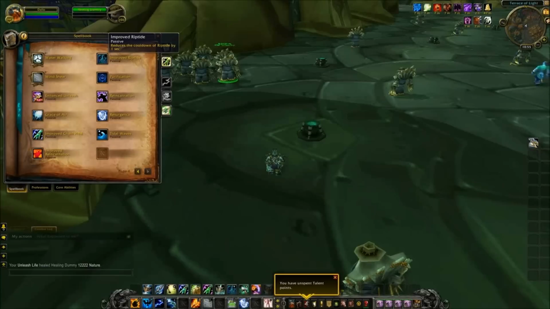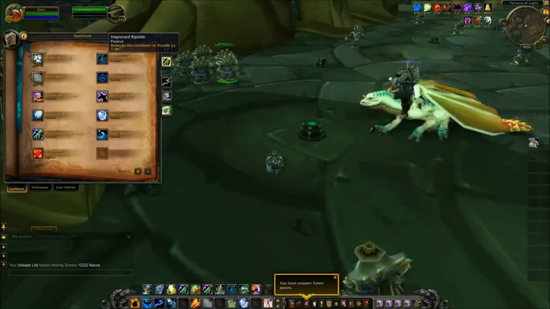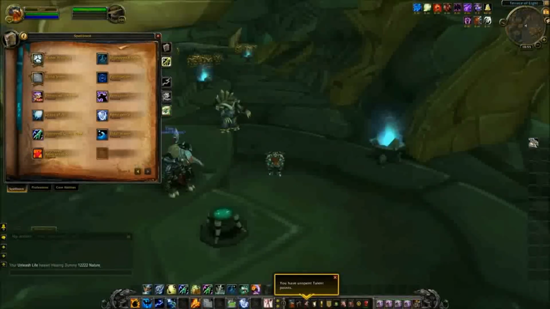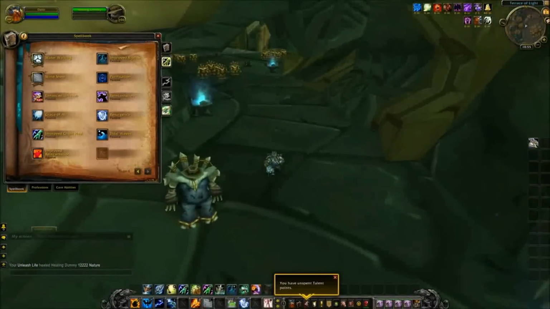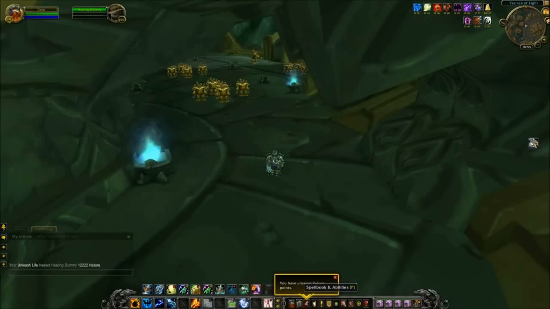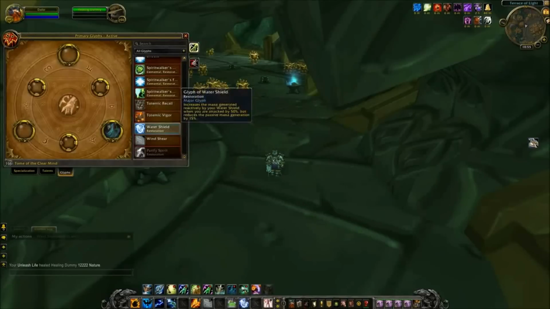The last is Improved Riptide, which reduces the cooldown of Riptide by 1 second, making it a 5-second cooldown. Know that Riptide has had a lot of its healing moved from the HoT portion into the direct healing portion of the spell, to make it pretty powerful. I currently have the glyph that changes it so that I cannot test it, but we can remove the glyph here just so you can see